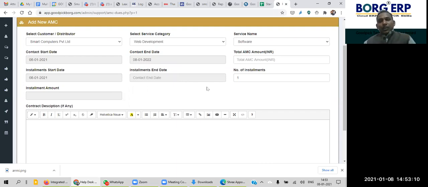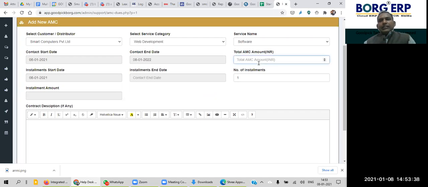We discussed in the beginning, in the module setting, that the system sends notification alerts in the form of mail just 15 days before the expiry of this contract. You can set the frequency of mail, whether 3 mails or 2 mails, however many mails you want.